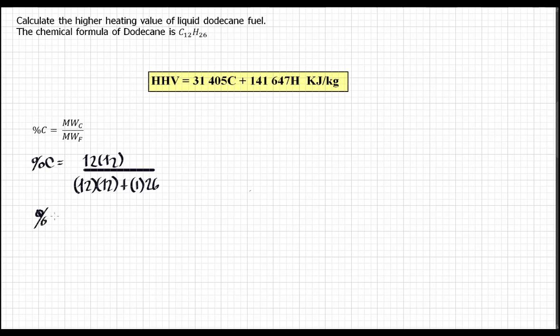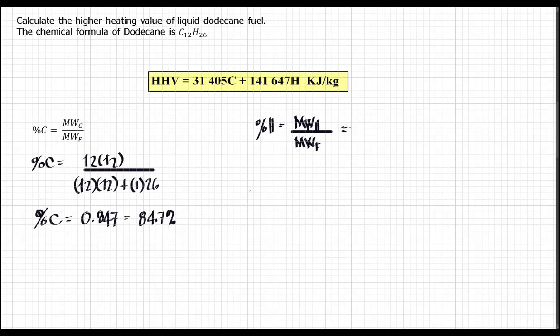we have the percentage of your carbon, which is 0.847, so that is equal to 84.7%. Now for hydrogen, we have the molecular weight of your hydrogen divided by the molecular weight of your fuel,